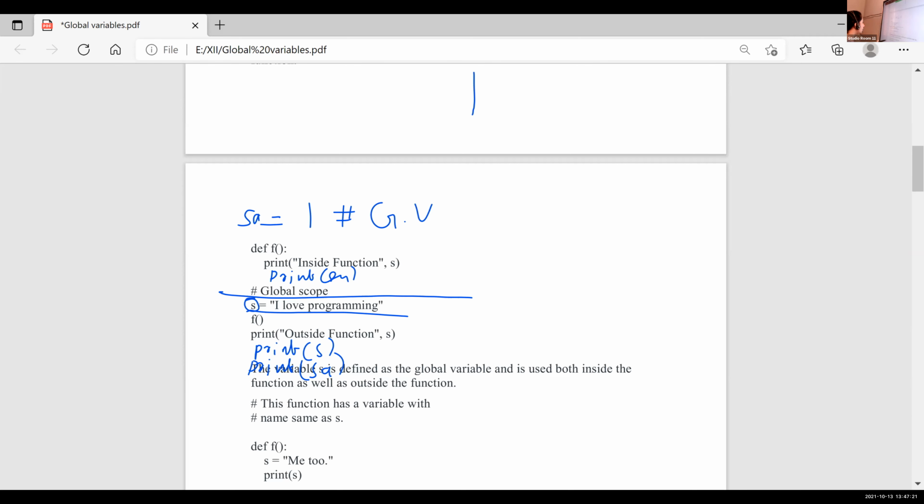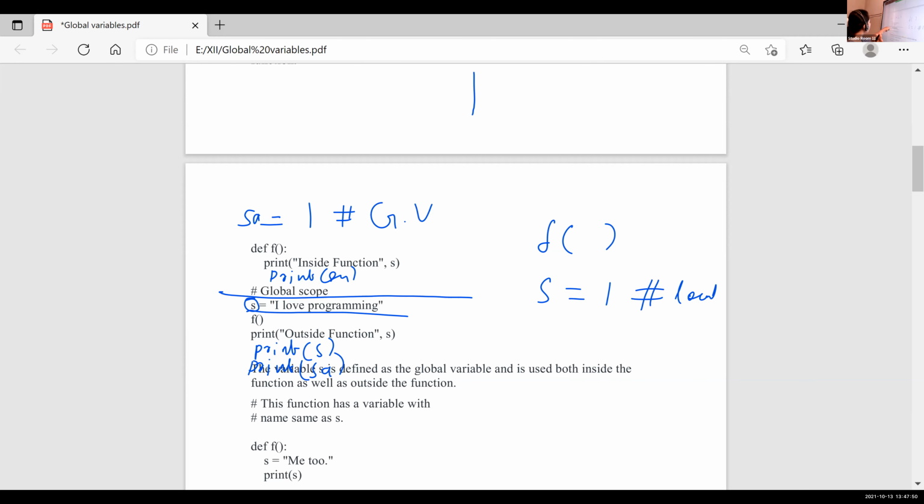But if we write x is equal to 1 here, this is a local variable. It is not a global variable. That is, it is inside the main function. Main function is one of the functions, no. So if we declare a variable inside the main function, it will be declared as a local variable.